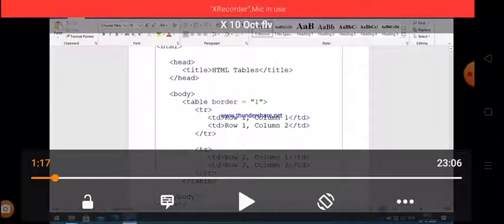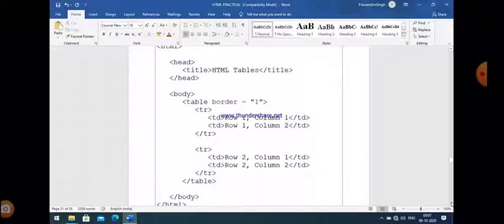So basically there is a creation of a table in which there are two rows, and each row contains two cells. So overall there are 4 cells. And if we define a table without any border, the table will appear without any border. So the border attribute should be used to define the border, and here I just give the value border is equal to 1. Now I think it is clear to all of you.